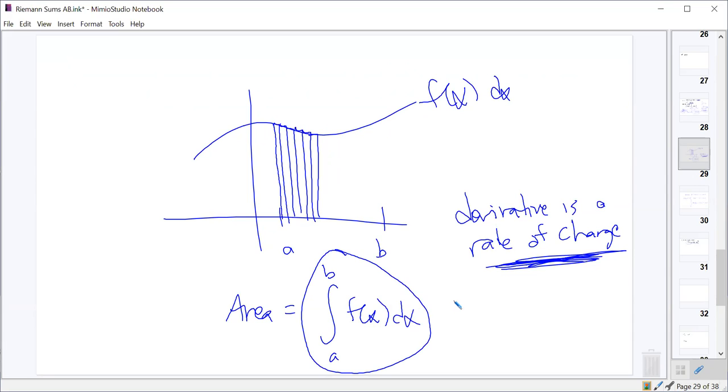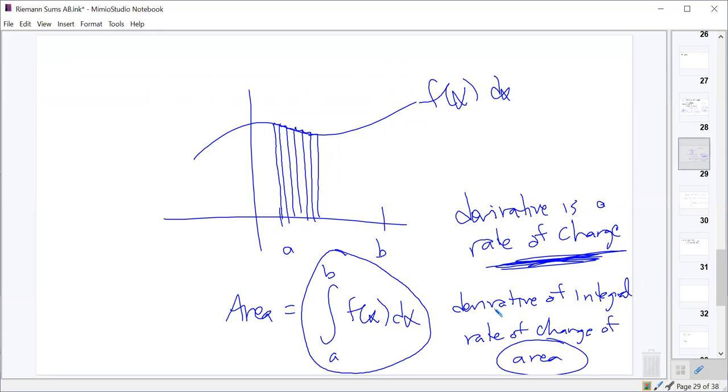And so if we wanted to take the derivative of an integral, what does that mean? That means what is the rate of change of the area, right? Because the integral represents the area, and the derivative tells us rate of change of that function. Does that make sense so far? Yeah. Okay, so the derivative of the integral should be indicating to us the rate of change of the area